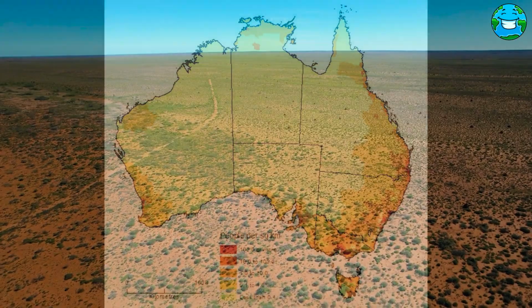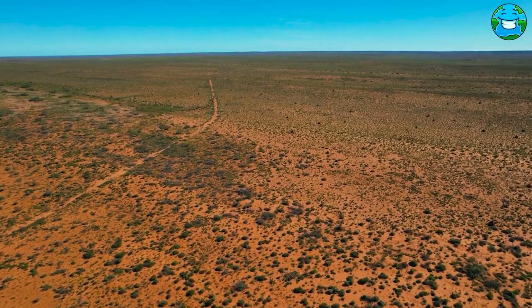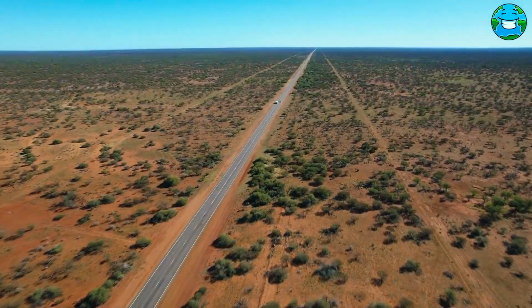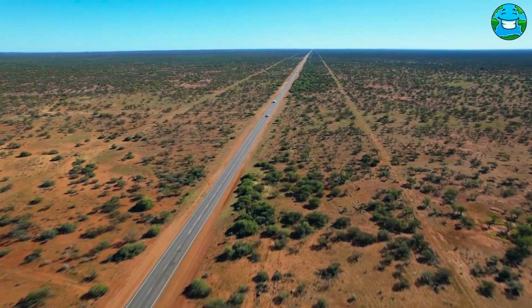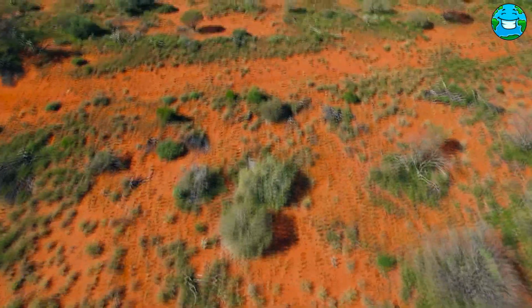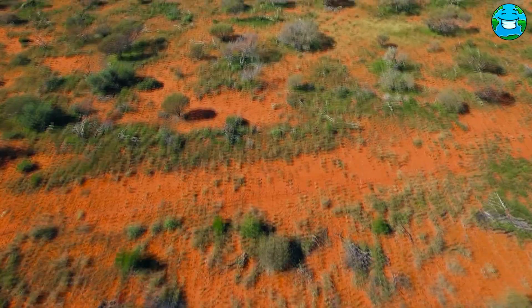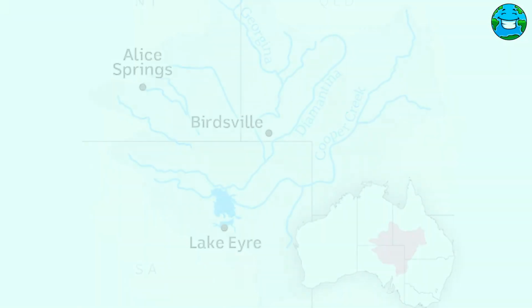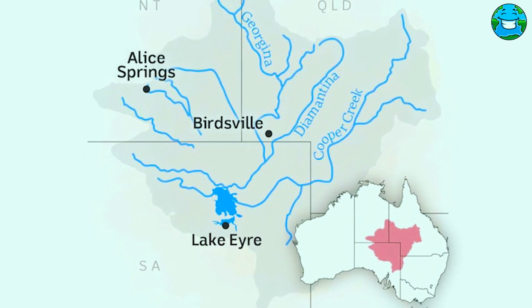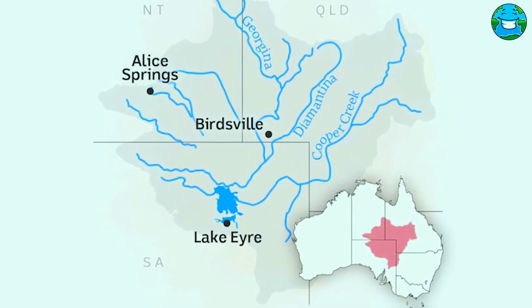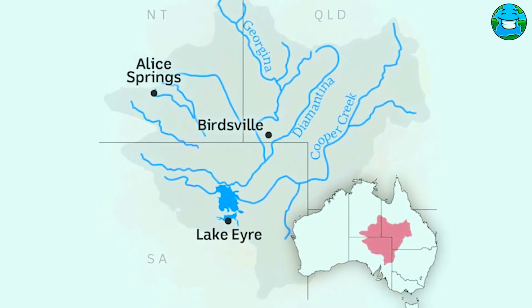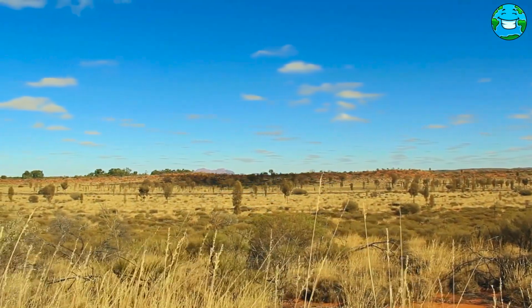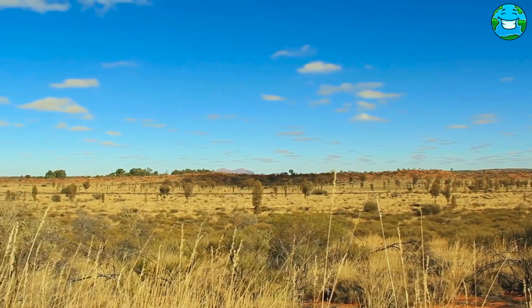The main reason is that most of the Australian outback is desert or semi-desert, with weathered, eroded terrain and extreme climatic conditions not supporting large cities and towns. These desert areas have arisen because Australia receives the second least rainfall after Antarctica. In the central region is Lake Eyre, where several rivers flow, but most of the time they have no water. So it's not difficult to conclude why this part of Australia is practically uninhabited.